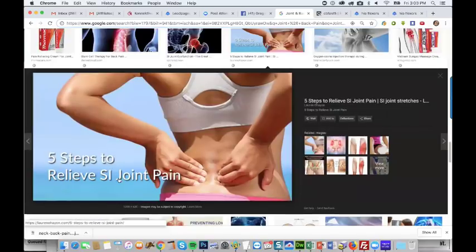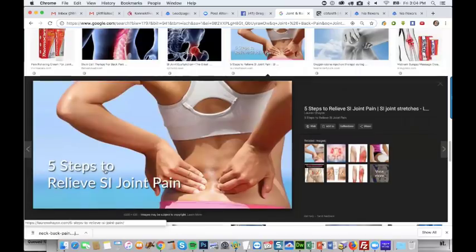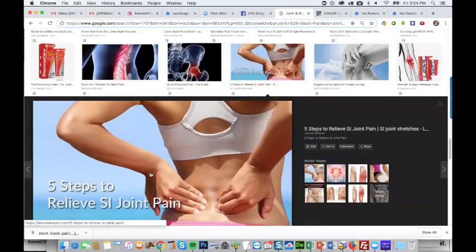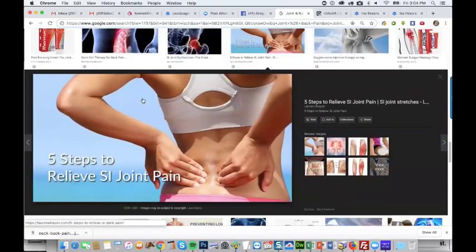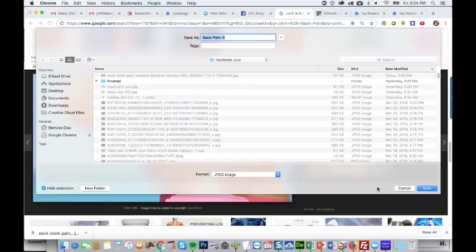You can have text as long as it doesn't take up more than 20% of the area, which it definitely doesn't here. Let's do this one. People like 5-step stuff like that. So yeah, let's do these two, because that's going to really jump out at the people that obviously have joint pain.